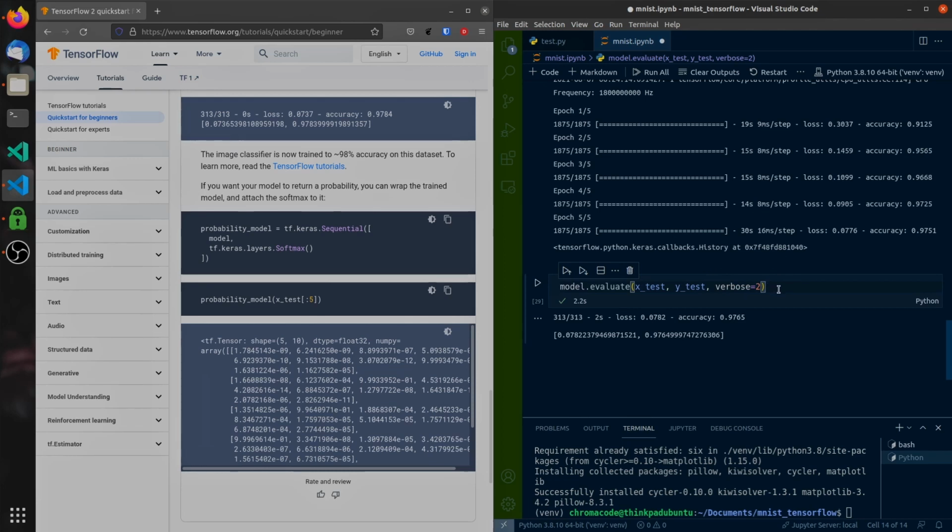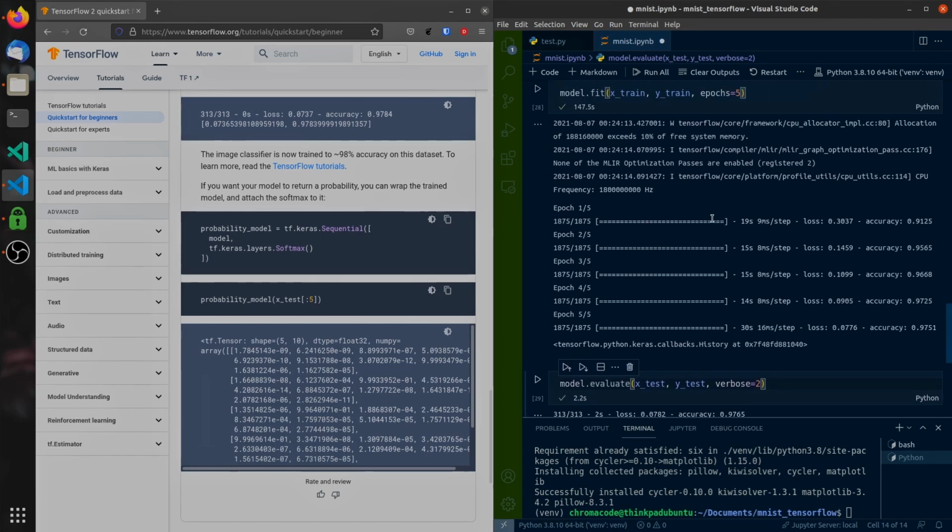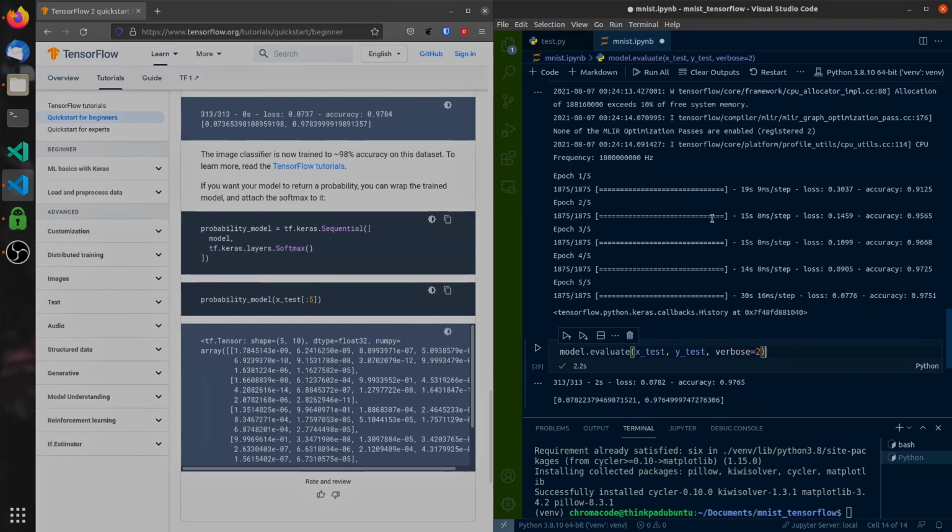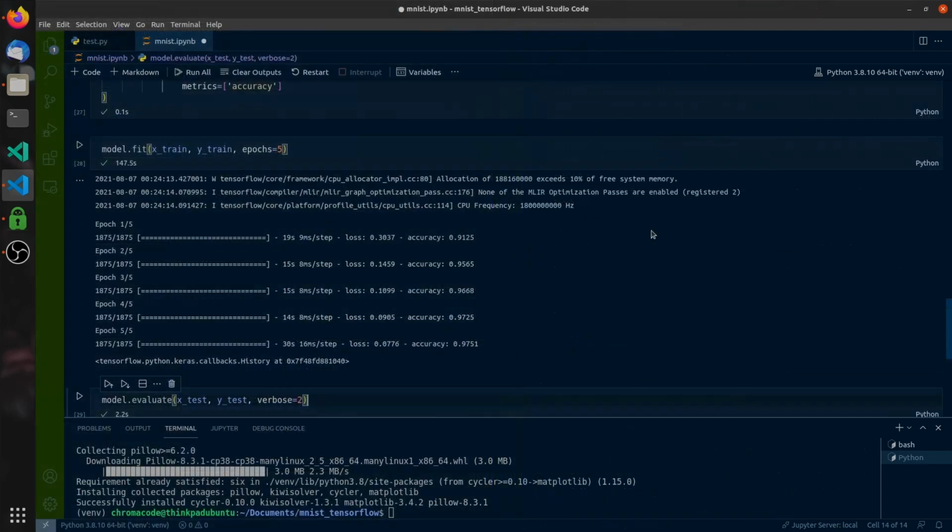I would like to see an image where it did the wrong thing, but I think we'll keep this for another day. So this brings us to the end of this video. I have reached my goal of training a TensorFlow model on the MNIST dataset,